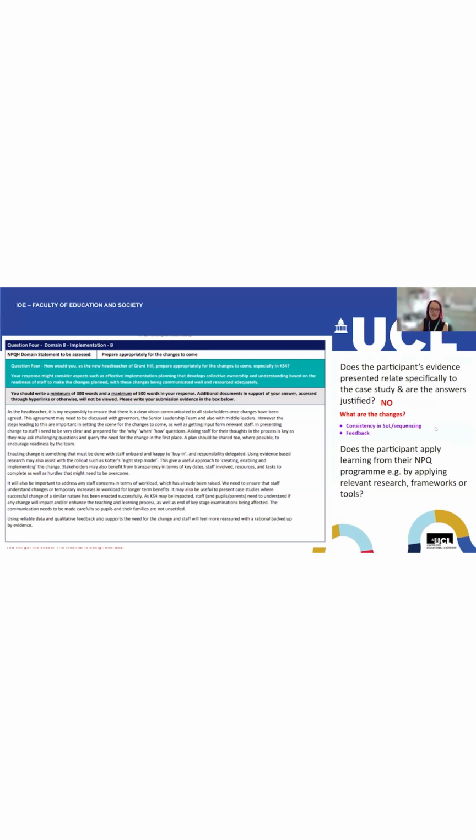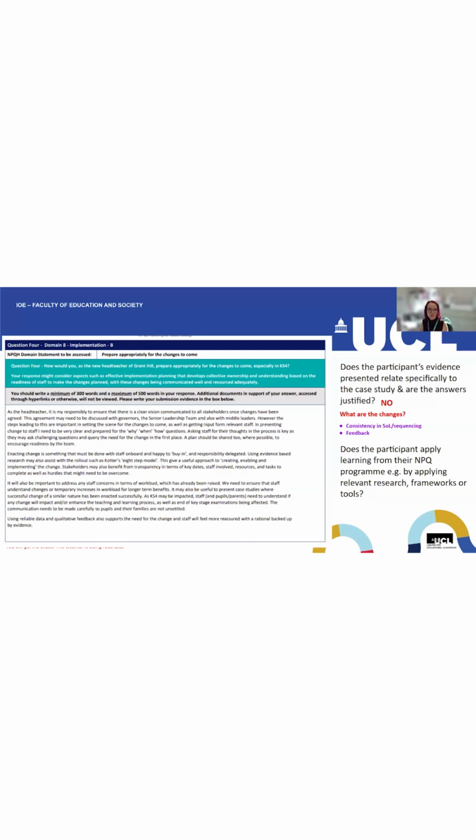And in this particular example, it was about consistency in schemes of learning and sequencing. That was the thing that needed to be addressed as a change, or feedback could have been used as an example, and the way they were giving and getting students to respond to feedback. So you could have picked either of those as a hook for this answer, and this one doesn't.